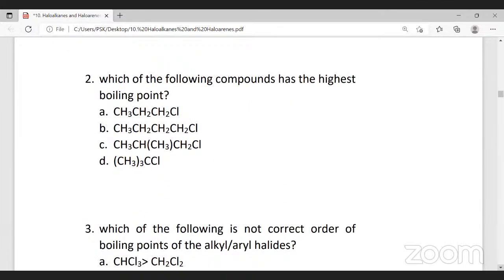Next, which of the following compounds has the highest boiling point? Firstly, you should remember two or three points with respect to the boiling point. Now, all the compounds contain the same halogen. Here it's chlorine. For the same halogen,